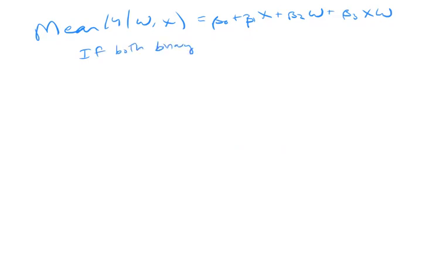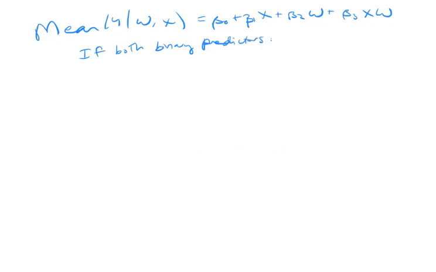The mean of Y given W and X is beta 0 plus beta 1x plus beta 2 w plus beta 3 x w, okay? Suppose these are both binary, right? If they're both binary predictors,